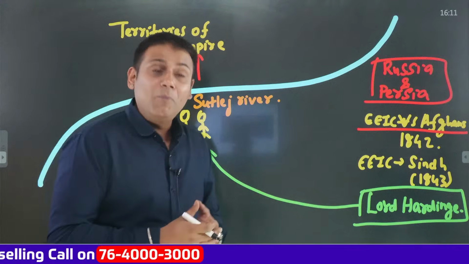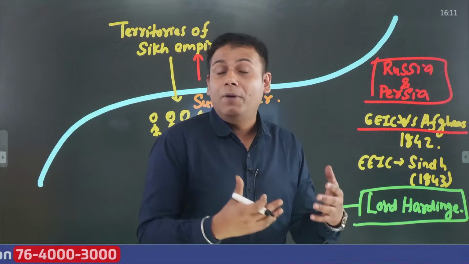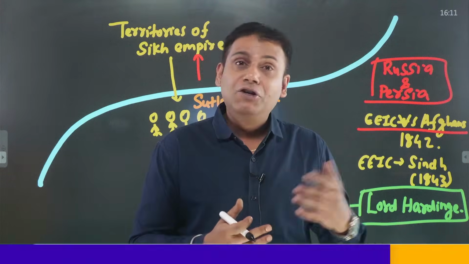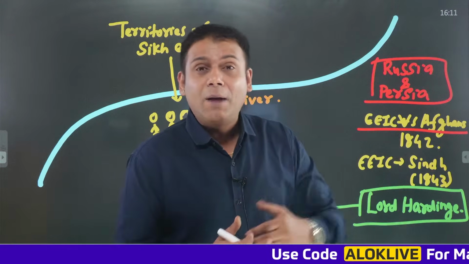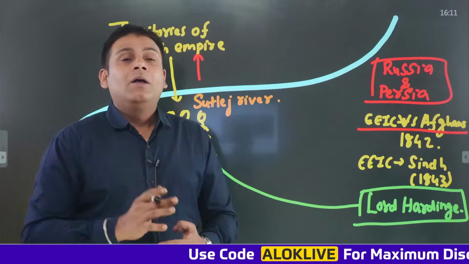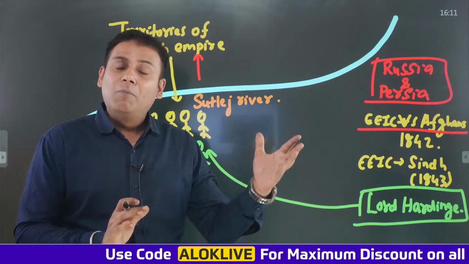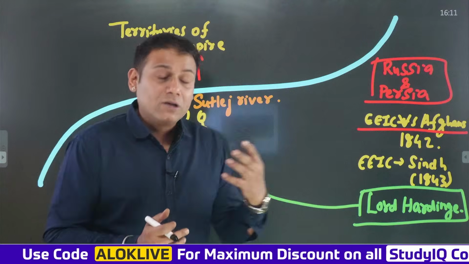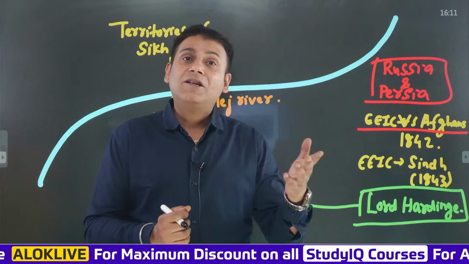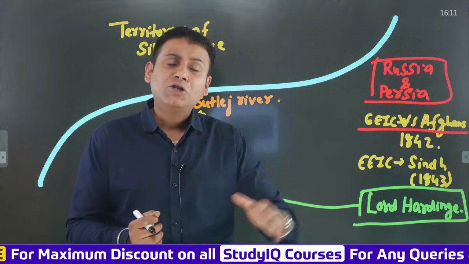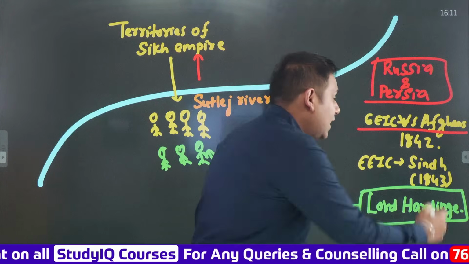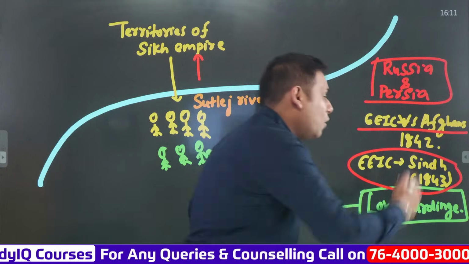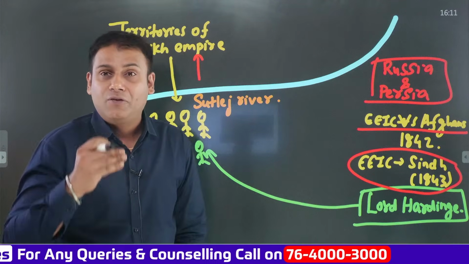And when Dost Muhammad was imprisoned in Calcutta, there was an outbreak of civil revolt in the region of Afghanistan. So what happened further? It is said that this person, Dost Muhammad, was released. Many English officers lost their lives, such as Alexander Burnes, Charles Burnes, Elphinstone. So this was nothing but the First Anglo-Afghan War. Then the English East India Company had also conquered the region of Sindh in 1843.